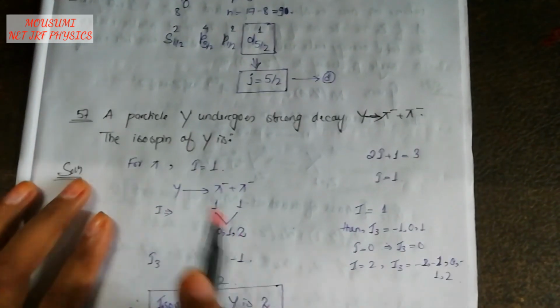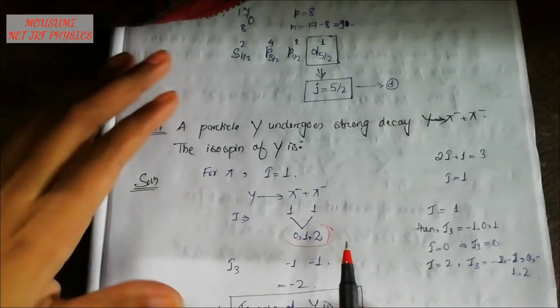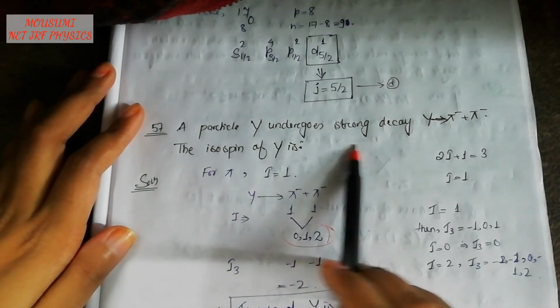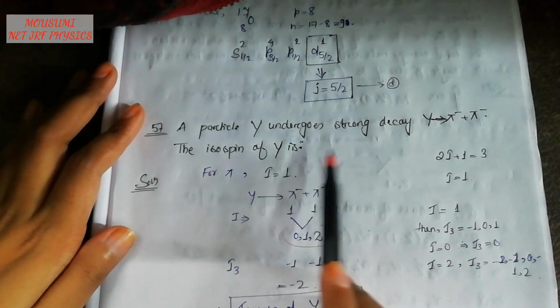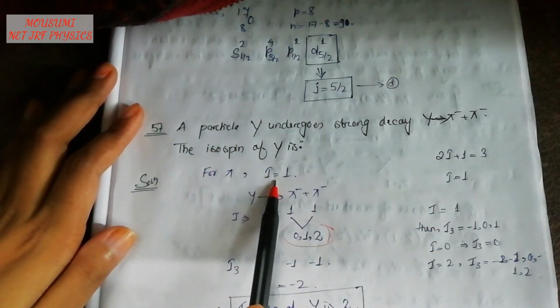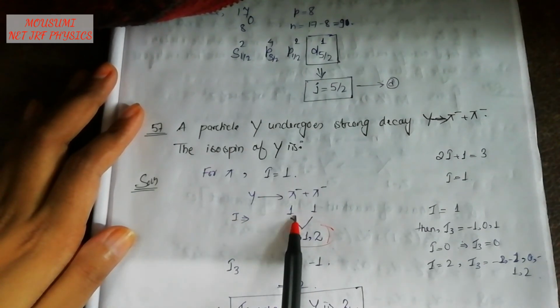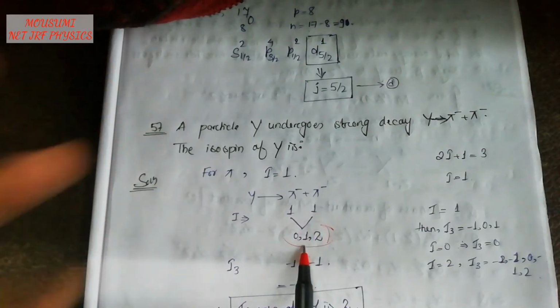Next, the question is about a particle Y. Here we have a particle Y that is undergoing strong decay. So this is the reaction and we have to find the isospin of Y, right? For pi we know the isospin is 1. So if you take this reaction, for pi negative the isospin is 1. So the combination will be what? 0, 1, 2. So out of these 3, if you get any one, then